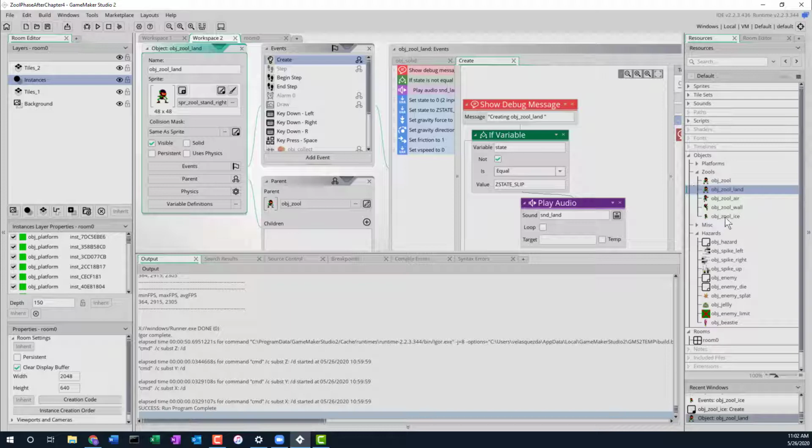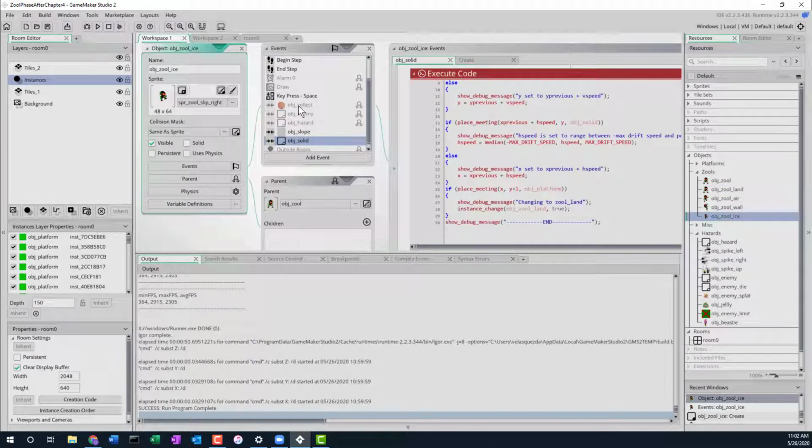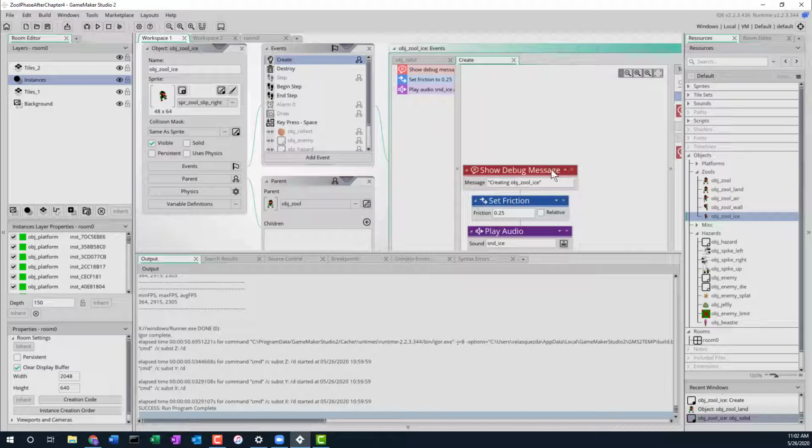And I did the same thing in object Zool ice. In its create event, I also put a debug message saying, hey, I'm creating object Zool ice. And now the way it looks to me on the screen is that it's having trouble staying in one of the states. It's just alternating back and forth quickly between the land state, because we see the land sprite a little bit, and then we see the slope sprite a little bit, and they're fighting with each other, it looks like. If you look back at our previous run,